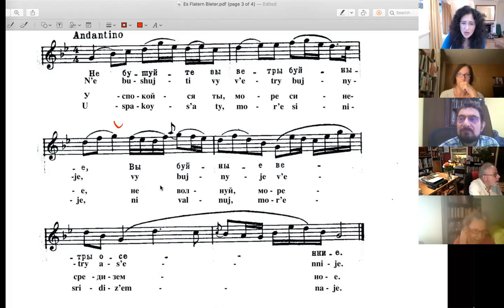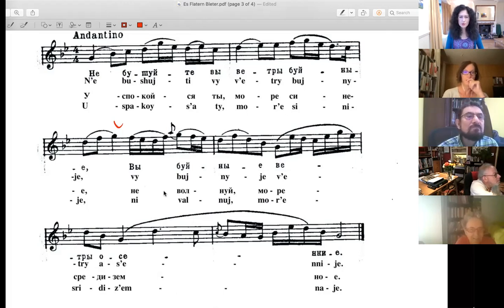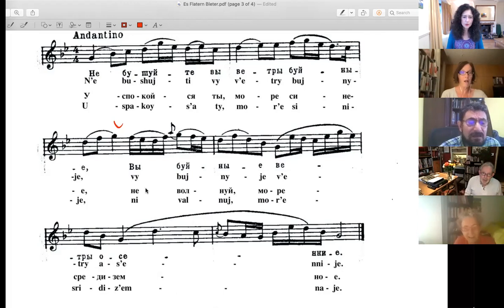Let's try and stretch these syllables together from the little red breath mark here. Вы, yeah, let's go. Вы буйные ветры. Okay, and the next bit is